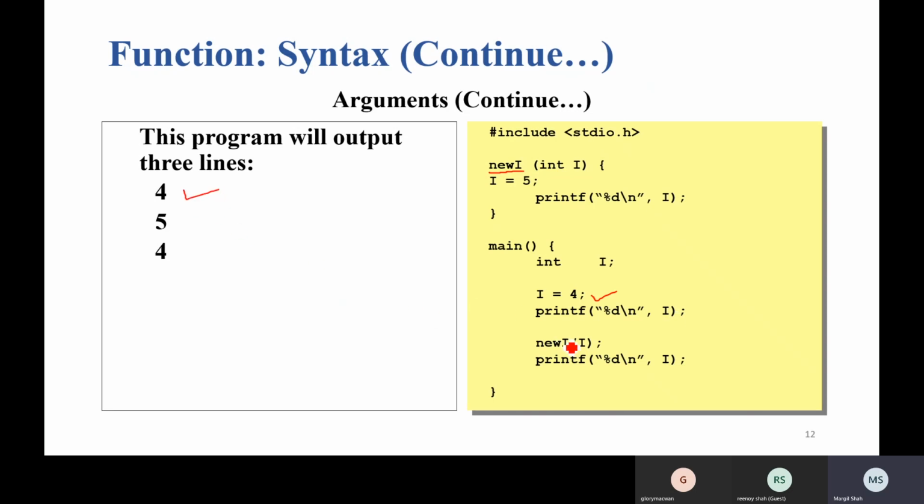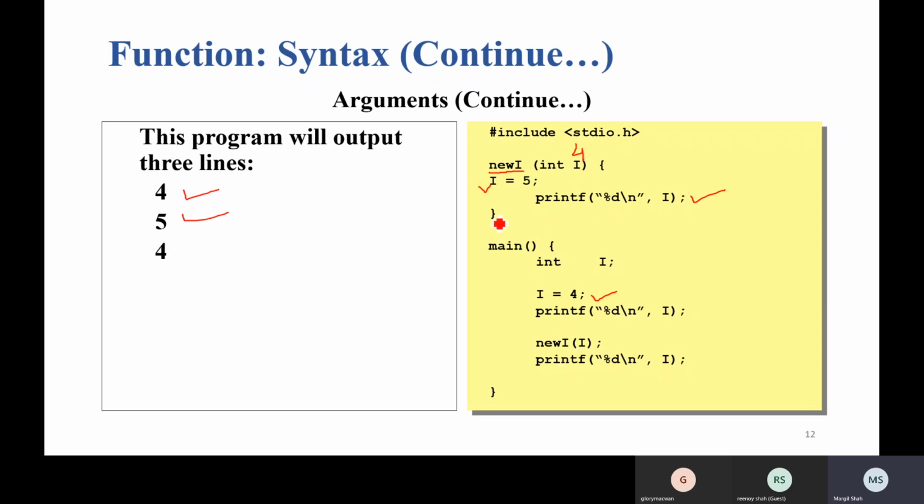Second, we call the function new I with I. So this value 4 will be passed over here. So now the value of this I will be 4. Now we overwrite the value 4 with the new value 5. So now the value of I will be 5 and we print this 5. So the second answer is 5.